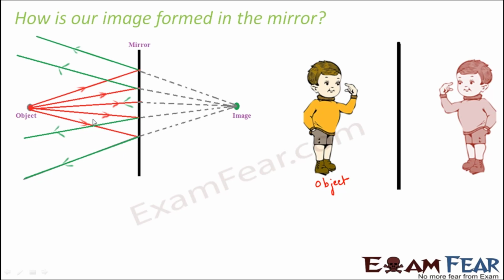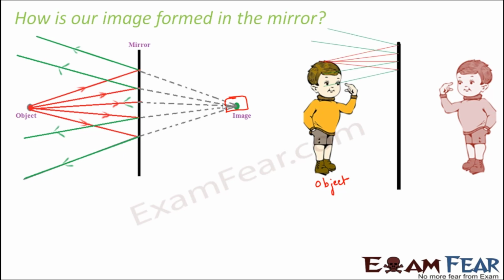Now when these rays of light fall on the mirror, what happens? Mirror is an opaque object, so it doesn't allow light to pass through it. So the light gets reflected because mirror is a shiny surface. You see the green rays, they show how light gets reflected. Now if you look at these reflected rays, they are diverging away from each other. They were spreading away from each other. But if you try to locate them at a point, you will see that all these rays would seem to meet at a point, and this is the point where an image is formed.